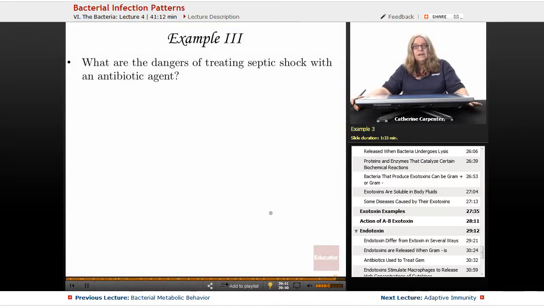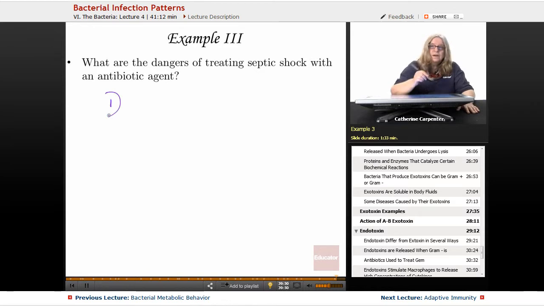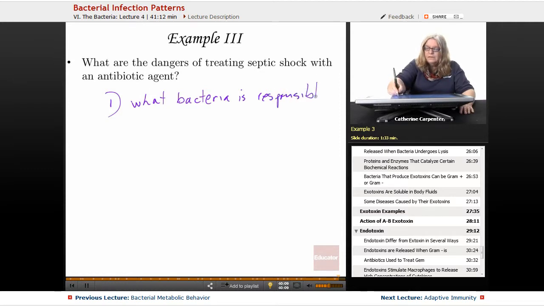Now, the last example has to do with what are the dangers of treating septic shock with an antibiotic agent. Number one question you have to ask. First of all, you have to find out what bacteria caused the septic shock. So what bacteria is responsible? Okay, number one. Now, if this is a bacteria that produces a toxin, we saw in both cases,